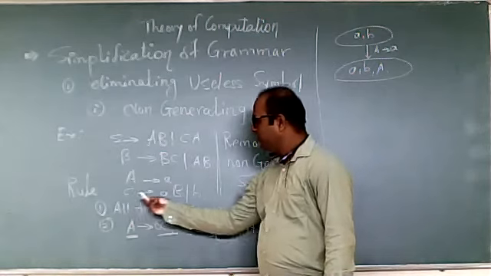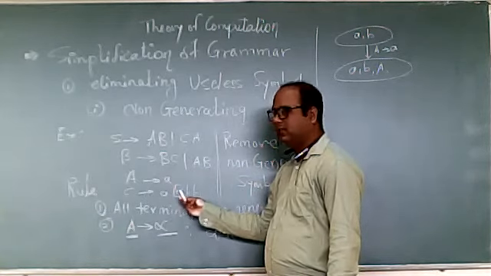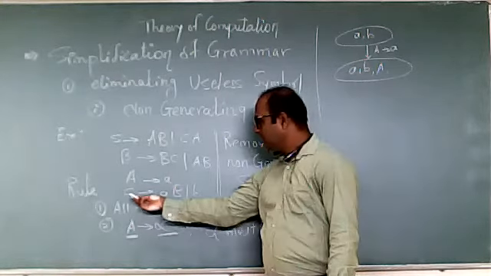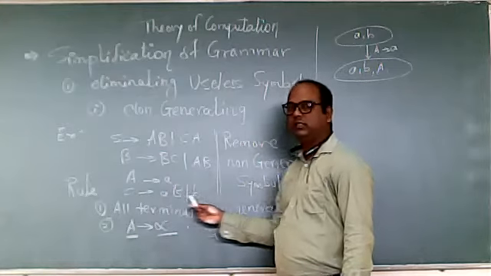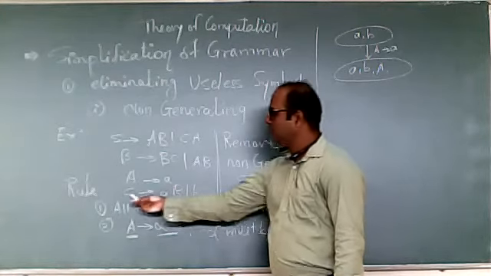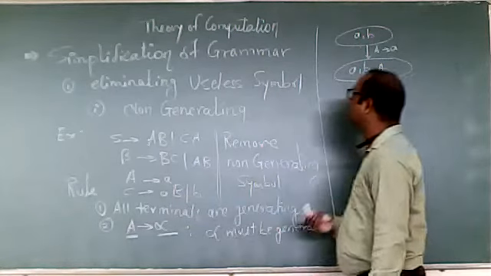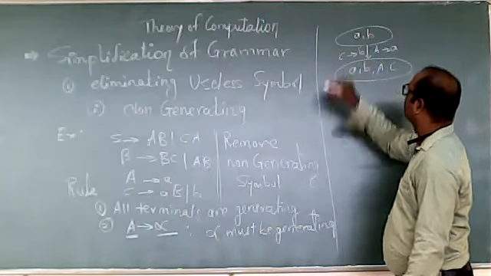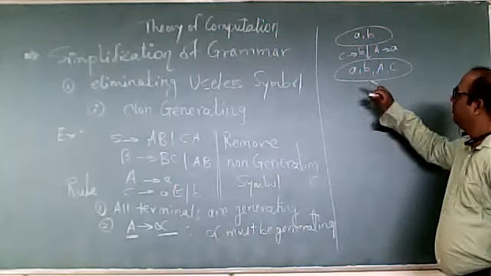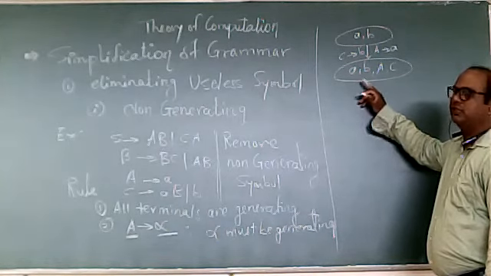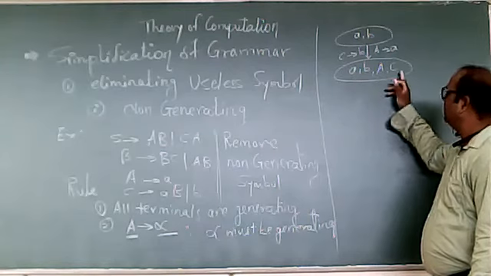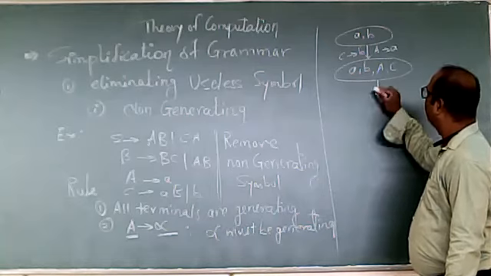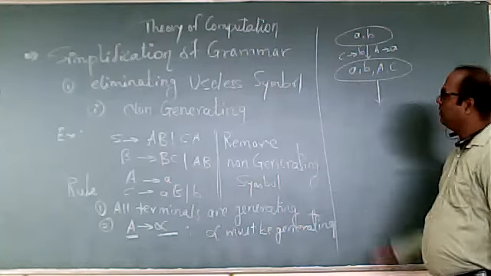Okay. Now, if we see C produces small a or B, yes, B is a generating variable, but we have not yet found that B is generating. But if C produces small b, and we know that b is generating, so C produces b. That time C will become a generating symbol with the help of this production. Now we have four generating symbols: a, b are terminal symbols, and A, C are variables which are generating with the help of the second rule.